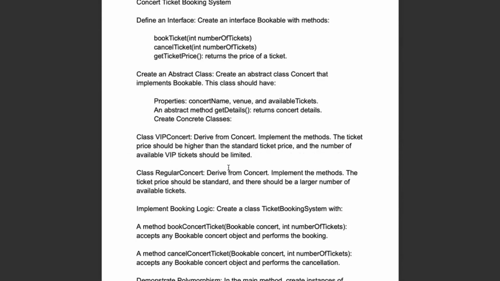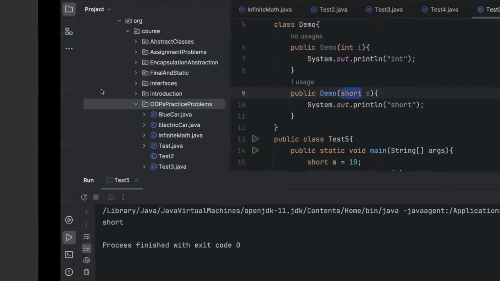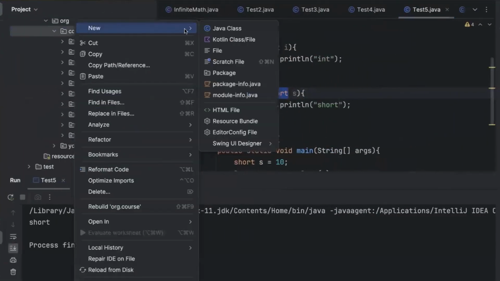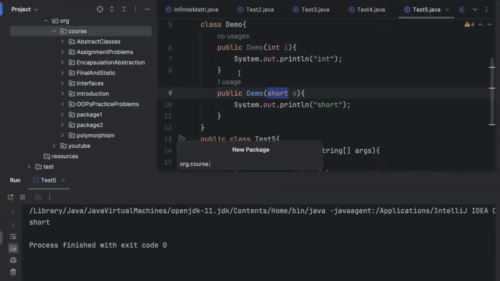Okay, so now let's do this project. Is this an interesting project? Yes or no? Understood the question, right? Okay, so let's create a project package only, new package. Okay, concert